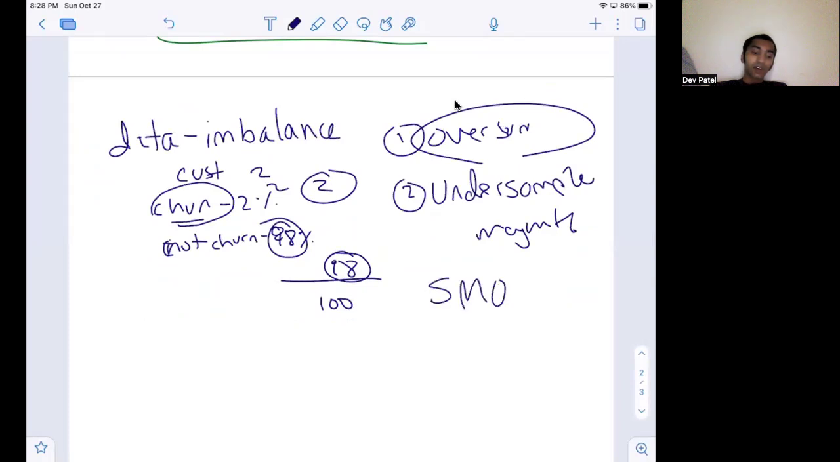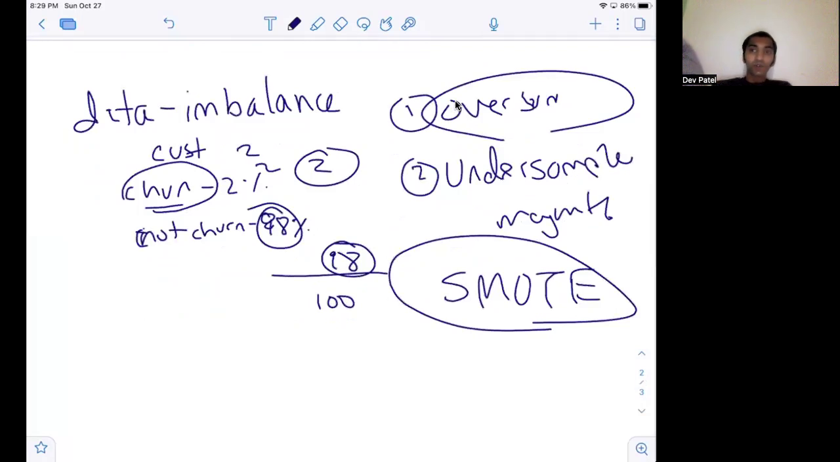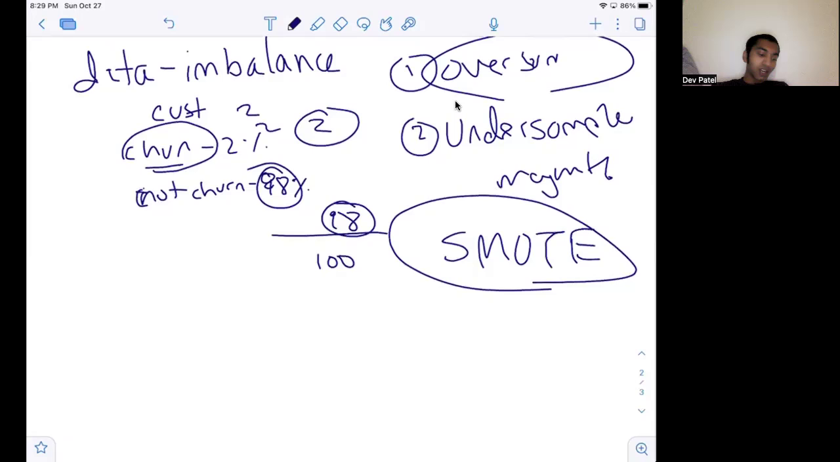There's also SMOTE, which is a popular technique used to help solve this imbalance. What SMOTE does, as opposed to oversampling and undersampling, which essentially create replicates or duplicates of the observations, is create new synthetic data points. Let's say you have two churn data points here. SMOTE is going to create new data points that are closely related in terms of the neighbors. There's an entire algorithm used there, but it's going to create extremely close new synthetic data points